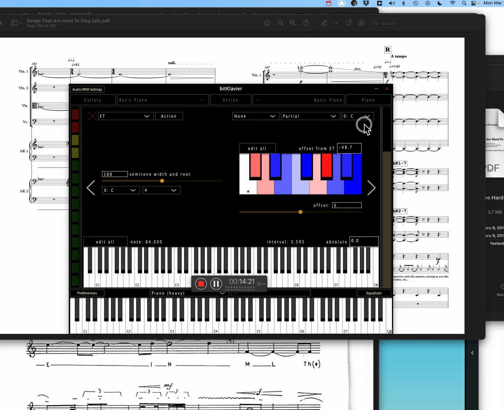Back to C. So this C is 63.863. Now it's at 64 because when I set the E as the fundamental, that becomes an equal tempered E. Now that might seem kind of fussy. It's actually not, and you'll see why in a moment. So the key is if I want this E to match this E, then what I need to do is